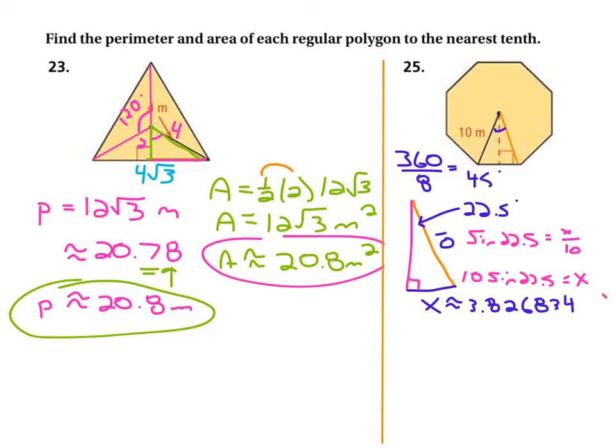Now, look up here on the original drawing. I'm going to put a mark here in pink. That is that segment of the entire perimeter. If it goes around, there are 8 sides, and that's only half a side. We need to multiply this number by 16. So this times 16 equals a perimeter of